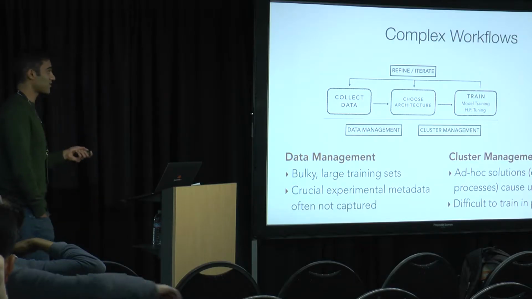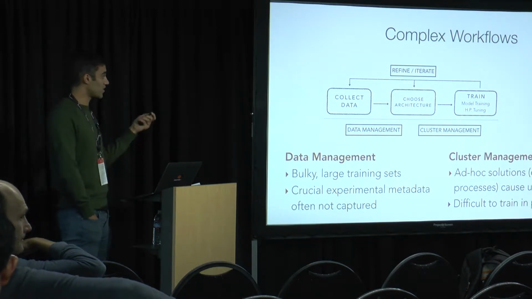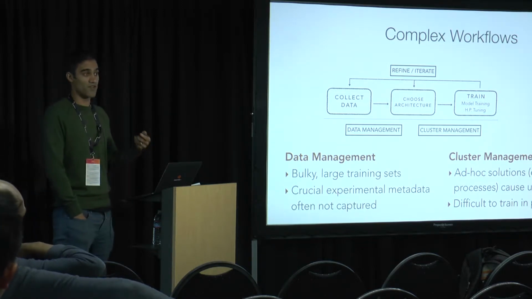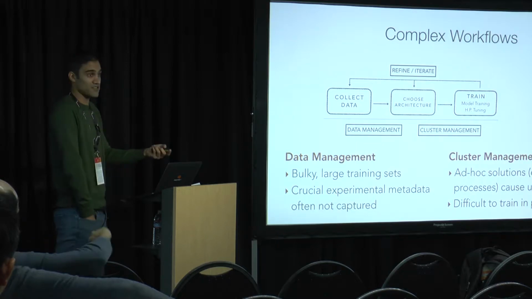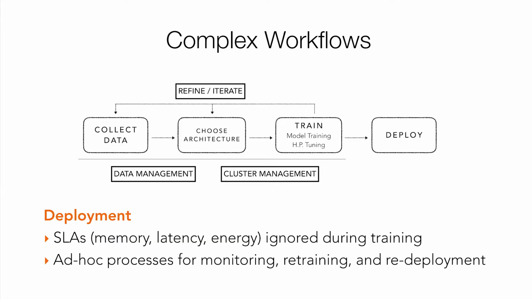All right, so what I've talked about so far is all what you do at training time to go from data to a model that has reasonably good enough accuracy for your application in mind. But then there's also deployment considerations, and these are often at this point a secondary factor, even though they're super important. At the end of the day, you can have a really highly accurate model, but if it doesn't fit on your phone or whatever other edge device that you have, or if the latency is too large to actually serve queries, then it's not actually useful for the application that you have in mind.